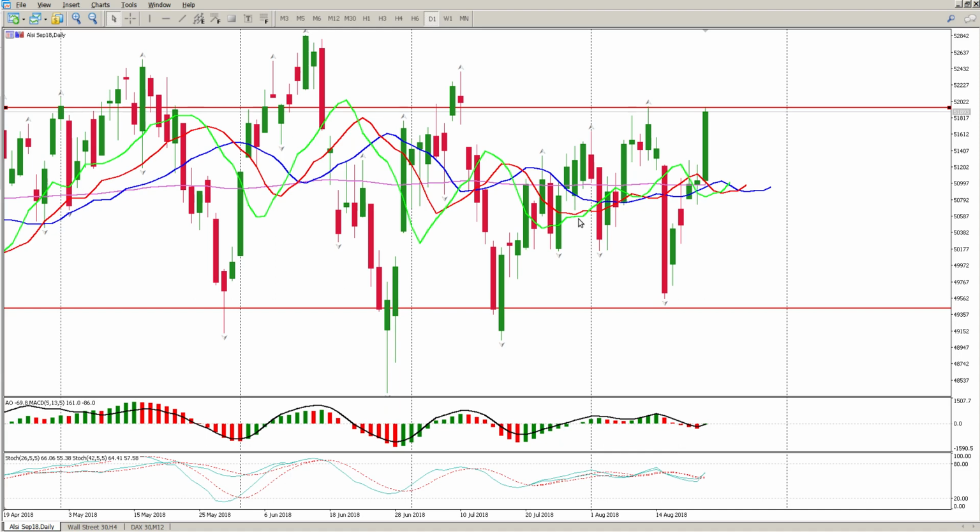Okay, so on the daily, a couple of things here. Firstly, this inside bar played out and we did rally up to the upside. This bar here, my question is, is this an exhaustion bar? You can see how we've got smaller bar, smaller bar, smaller bar, smaller bar, and then all of a sudden a massive bar to the upside. And that is a typical